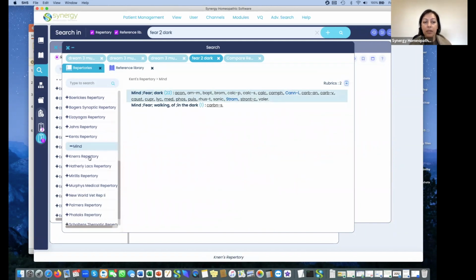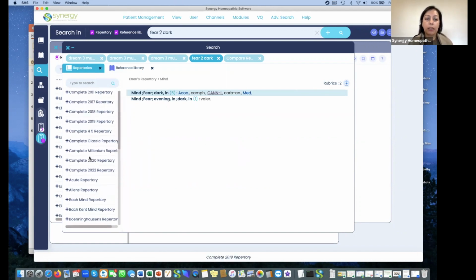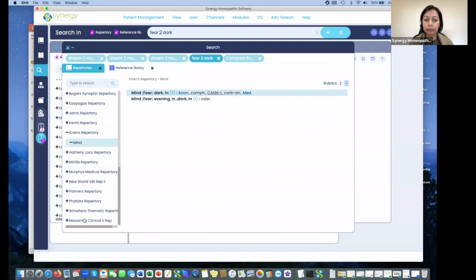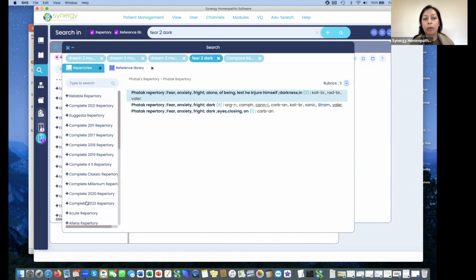There are some repertories, and depending on what you're used to, you may not actually end up going to those repertories, because you end up being more familiar with 2 or 3 of them. What this does is, when the search comes up, it shows you that rubric in multiple repertories, and it helps you broaden your search to even sometimes check what that search is bringing up in other repertories